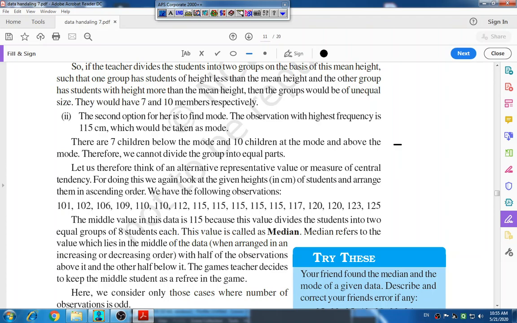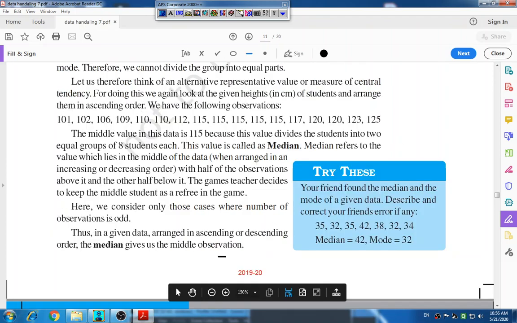Given data arranged in ascending or descending order, the median gives us the middle observation. Okay, look at here. Note that in general, we may not get the same value for the median and mode. Thus, we realize that